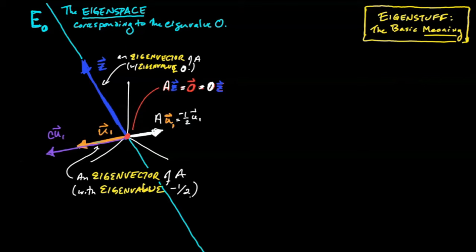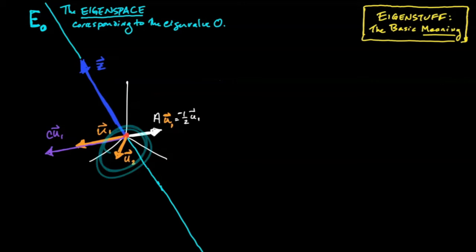Might there be more around? Well, there might not be, but if there are, let's just say that we have some other vector that we find that is not in the span of U1, and it too is an eigenvector of matrix A with eigenvalue -1/2. So let me call that one U2, and let me clean up some clutter here. Much better. Well, if U2 is an eigenvector with eigenvalue -1/2, we know where it's going to get mapped. Back here, its direction is reversed, and its length becomes only half of what it was before.